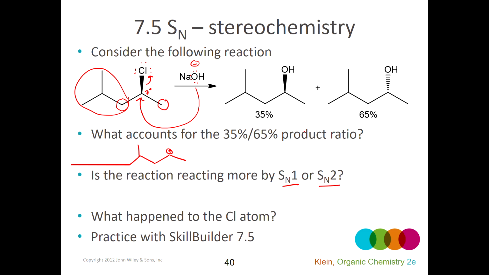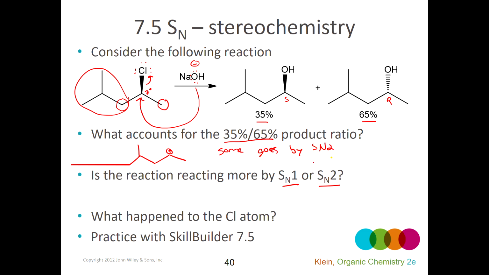And I know that based on the stereochemical outcome. So if I can use a polarimeter and measure the optical activity of the product mixture, and it tells me the enantiomeric excess, which I can convert into a percentage of the S enantiomer and the R enantiomer, that allows me to conclude how much of this reaction went by SN1 versus SN2. So what accounts for this? Well, I can say some goes by